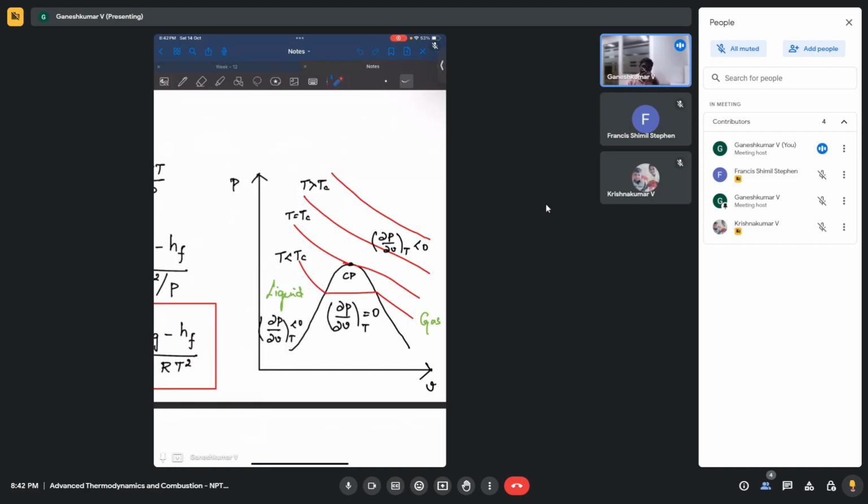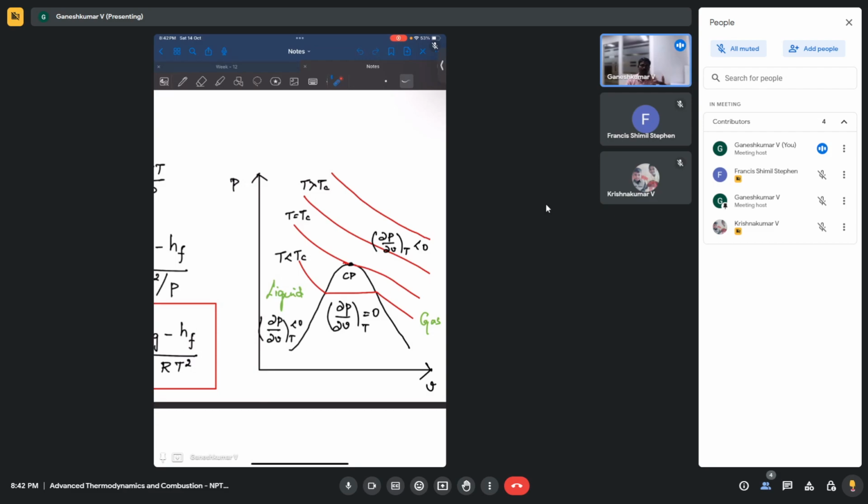There is also what is called the supercritical state of matter. It's not a liquid state or a gas state. Above critical is called the supercritical state, right? There, even the equation of state is different. It's not liquid, it's not gas, so you cannot use an ideal gas equation of state.